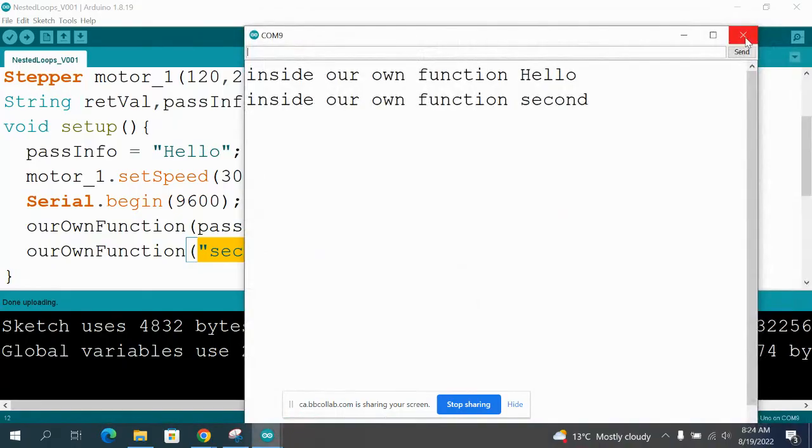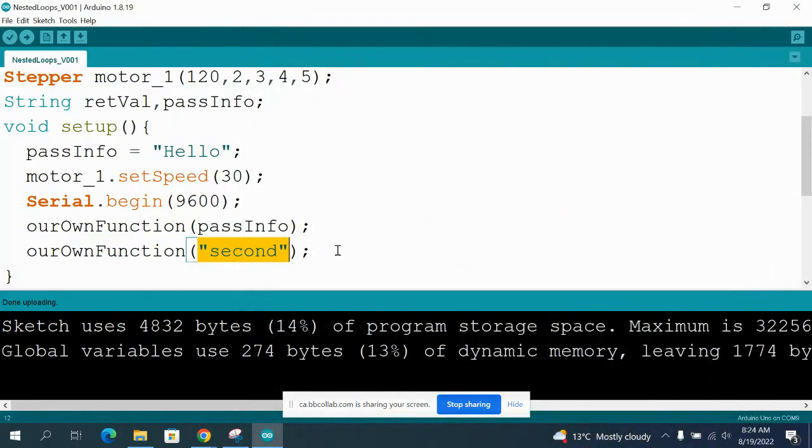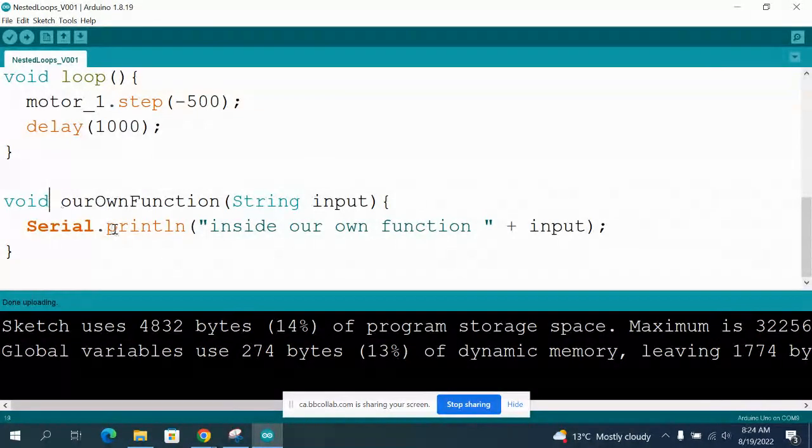Okay, now, next thing. Let's say I want to get an output from this. Okay, so for that, I'm not going to say void. Void means we are not returning anything. This time I want to return, let's say, let's make it a string as well. We can make it a string or an integer. Integers are values like 1, 2, 3, and 4. Doubles are values that have fractions inside of them, and so on and so forth. But let's try and work with a string.